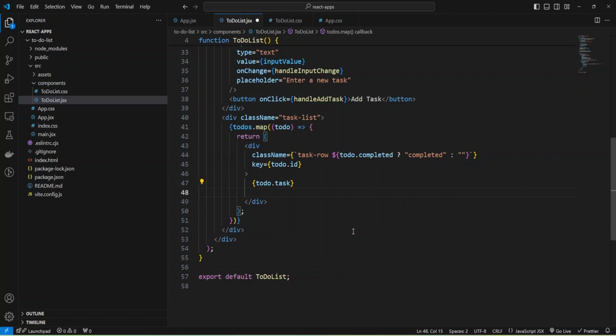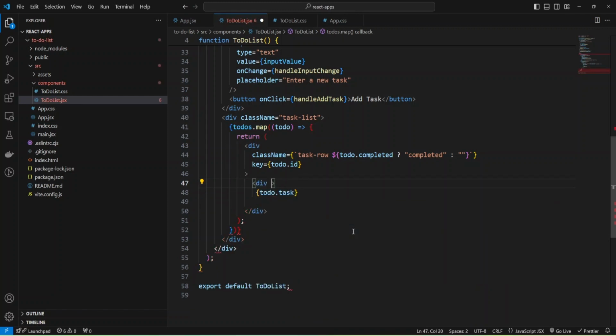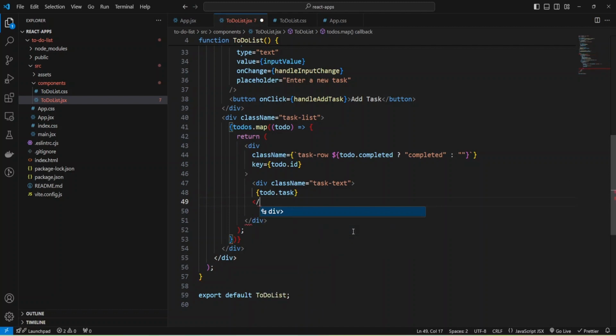And also we need to add a button, and I'm going to add a div to my task to add some class name, and it will be task text, and close div.